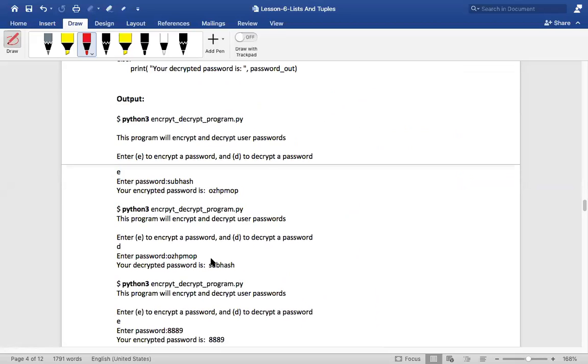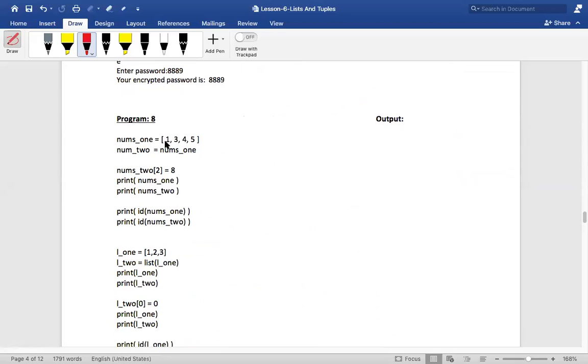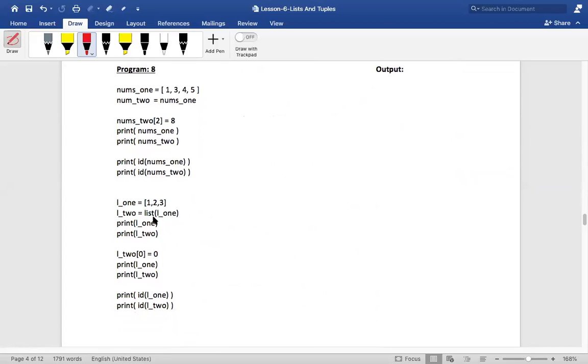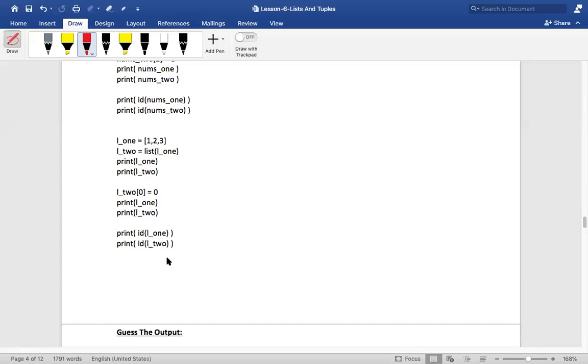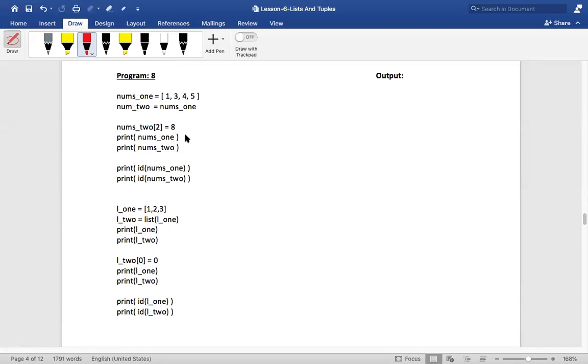Now, having said that, we started doing this. Did I show you, my dear friends, how nums1 and nums2 both are referring to the same list over here, isn't it? So if I want to make a copy, what do I have to do? I will have to use the list function. I'll make a different copy. I showed you also practically, isn't it? The list function, so I showed you how it works. Is that clear?